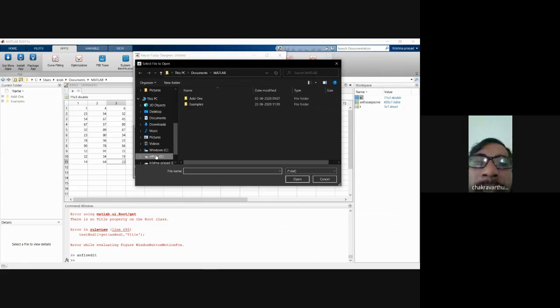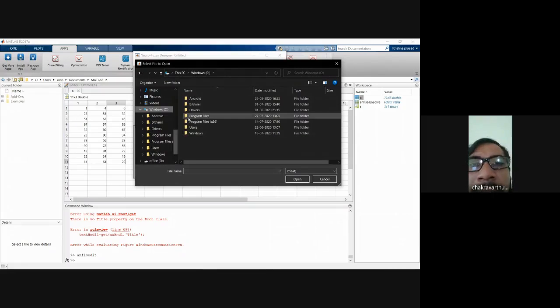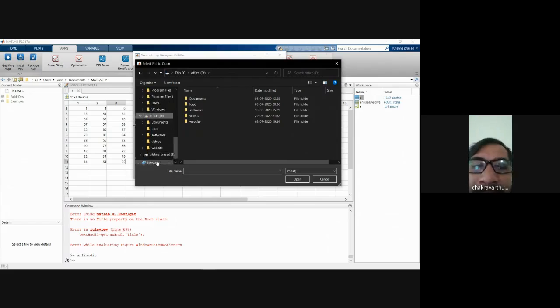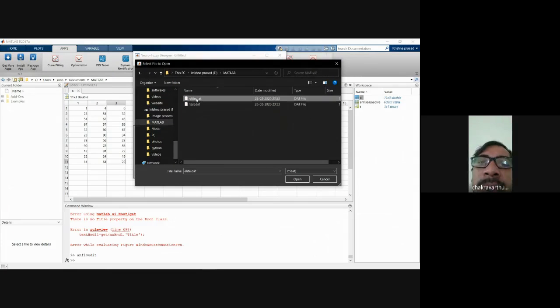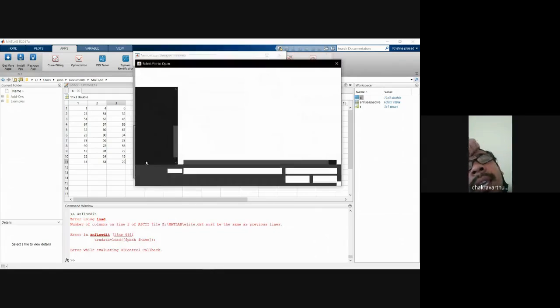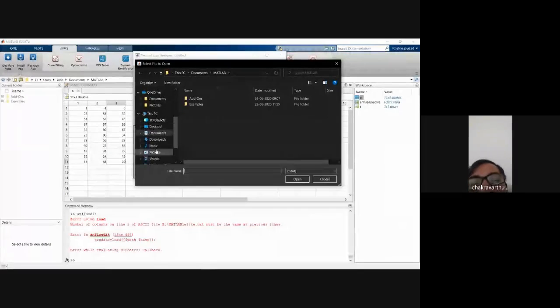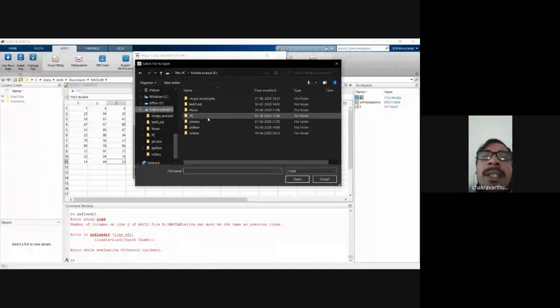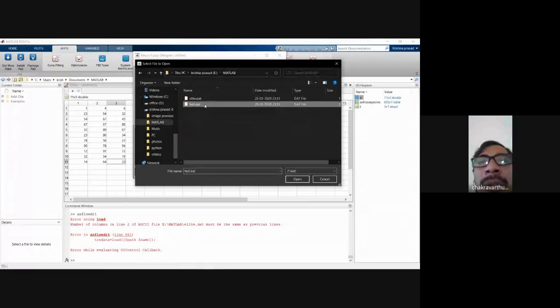Automatically, it is going to generate the training data. Once it is done with the training data, you can analyze the deviations between the theoretical values and the experimental values so that it reduces the minimum error. It is going to generate the error values as well. So this is the procedure.